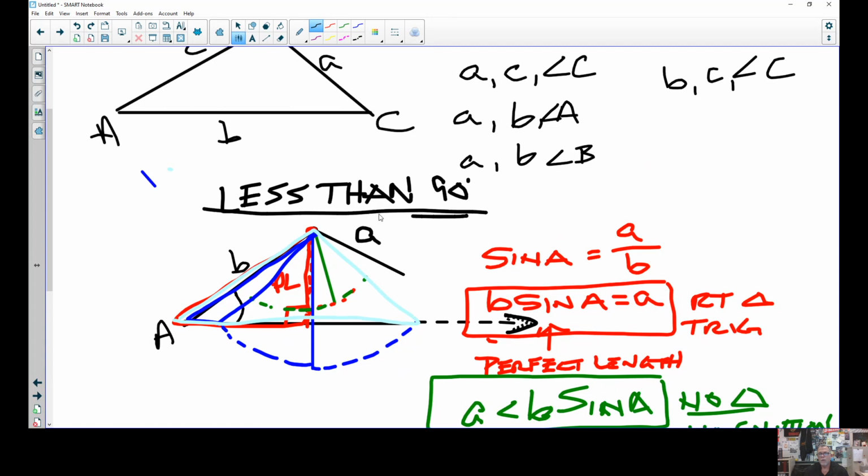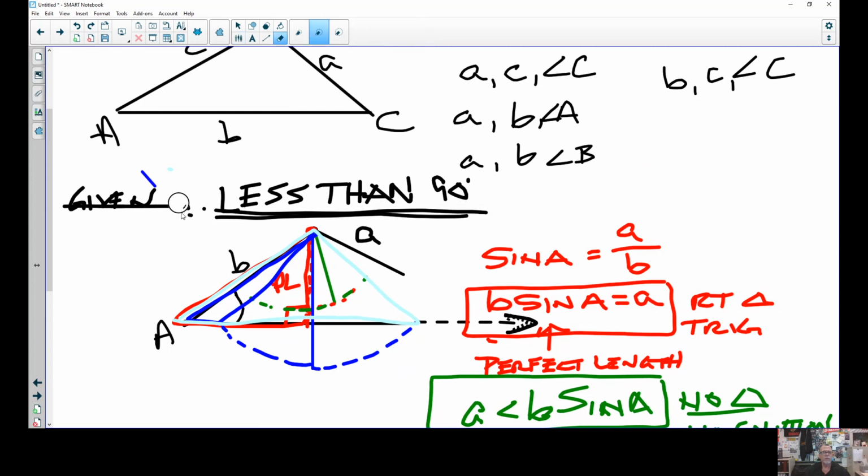So everything I just told you is when our given angle is